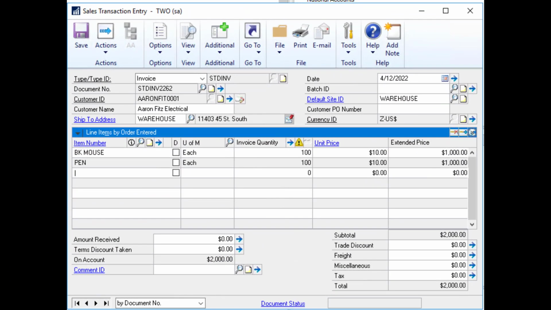Now let's take a look at transactions in Dynamics GP. When you enter transactions, the pricing is based on the quantity breaks you entered and calculates the correct price. The first line is an example of volume pricing. Using a quantity of 100, this quantity falls within the first quantity break, so it uses $10 as the unit price. Changing the quantity to 150 changes the unit price to $9, since this is the price of the second